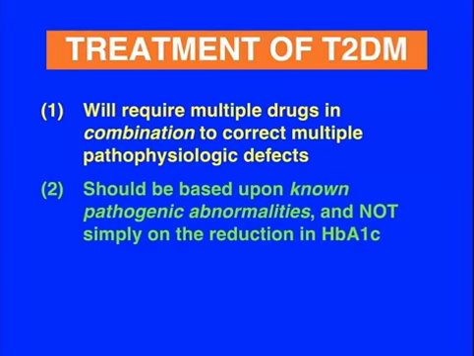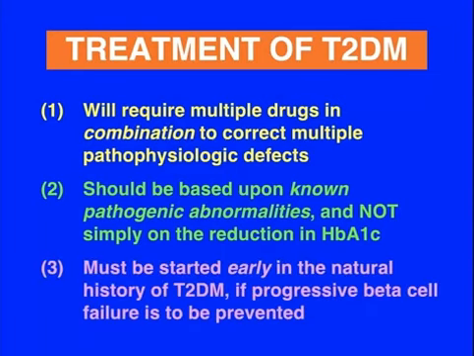We should be using drugs in combination, and the drugs that we choose should be drugs which correct the underlying pathophysiologic disturbances. So for instance, sulfonylurea is a drug I don't use in my practice. They do initially work on the beta cell to increase insulin secretion, but on a long-term basis, this effect on the beta cell wanes. And so they really don't effectively maintain the reduction in A1C. And then lastly, we need to start very early in the natural history of the disease, because we know that with time, there's progressive beta cell failure, and we need to intervene with drugs that are going to preserve the